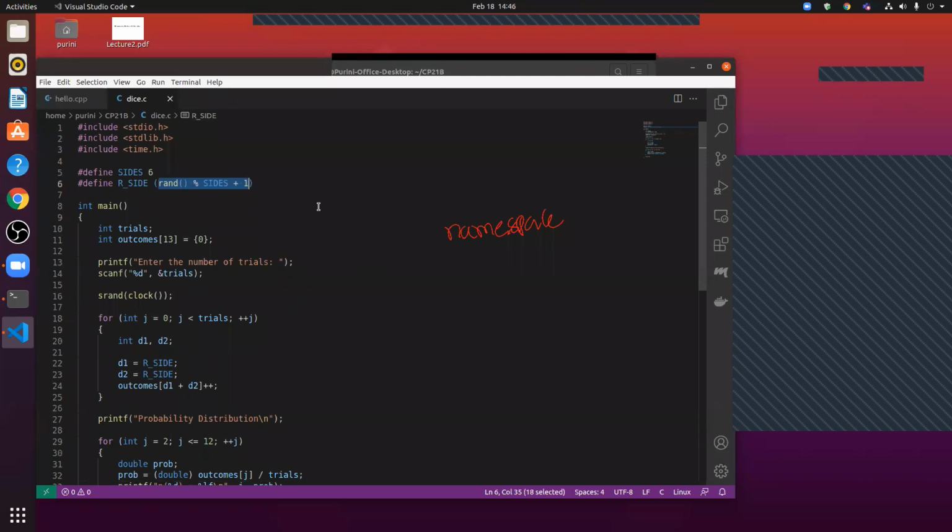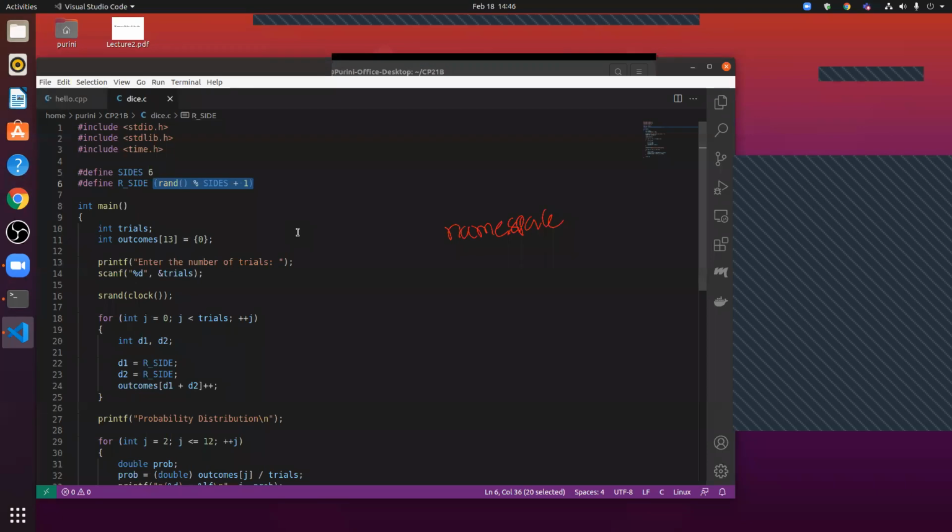It doesn't matter what is there on the right side; the macro doesn't check it. The C preprocessor just replaces it. It is possible to make it multiple lines, Divij. Yeah, it's possible.